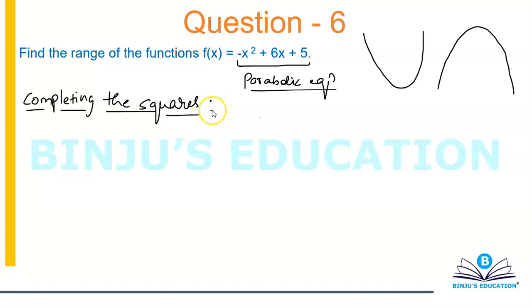Now, if you have gone through my video on functions, how to draw the functions and the basics of functions, there I have explained different ways of writing a quadratic function or quadratic equation. I gave you three ways. The first way was the general form, which is ax square plus bx plus c, in which the function is also given to us. The second way was the root form, that is f(x) is equal to a into (x minus a) into (x minus b). And the third form was the vertex form, that is f(x) is equal to a into (x minus b) whole square plus c.